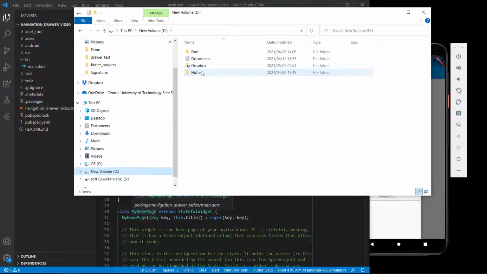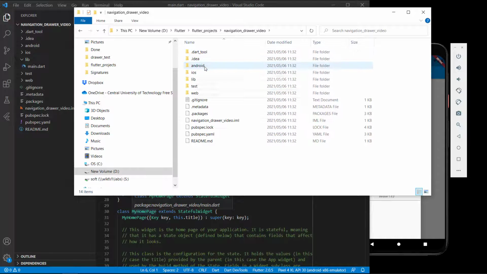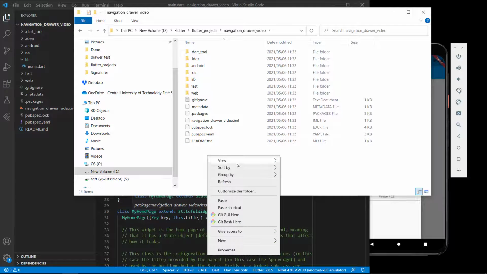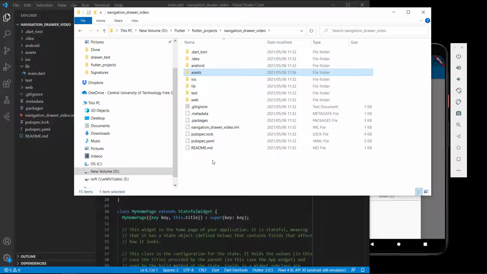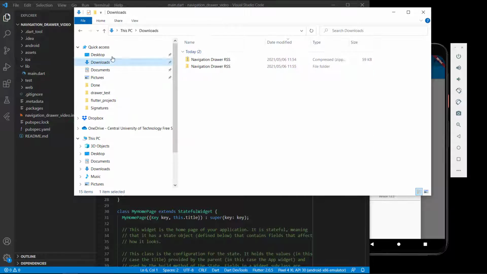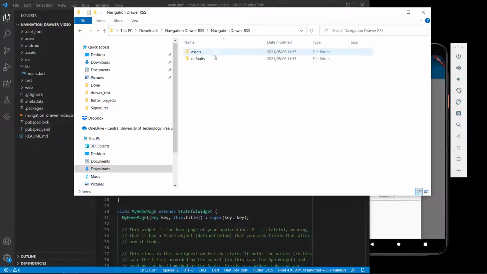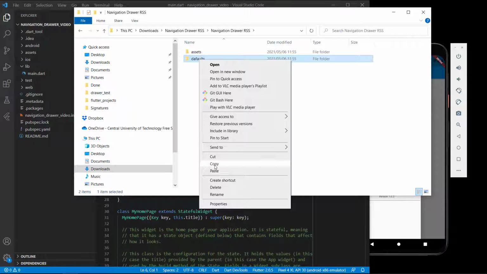I'm going to go to where I've got my project. There's my navigation drawer video. I'm going to go into it. And the assets folder, I want to have directly in the root. So make sure you paste it there. Then when I go back to my downloads and I go to my defaults folder, you're going to copy that